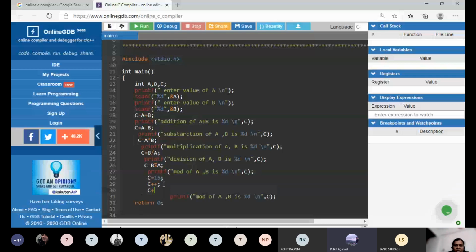Now what answer should I get? 17. Right. So increment of C, I said. Okay. So C का value 15 है. यहाँ पे I have assigned. I have used the operator equal to to assign a value. And plus plus will increment the value.